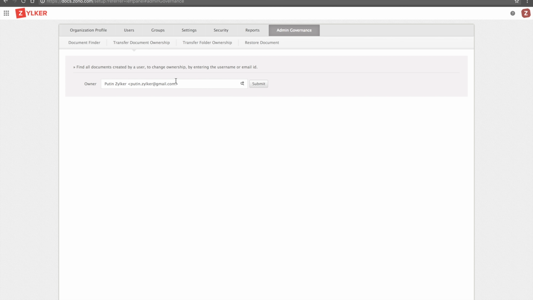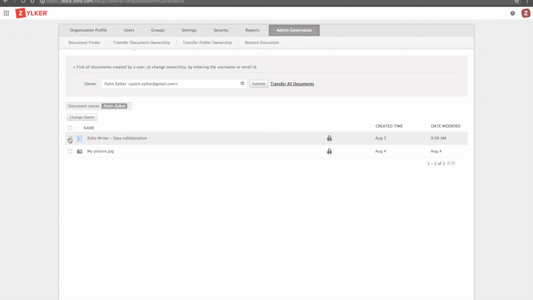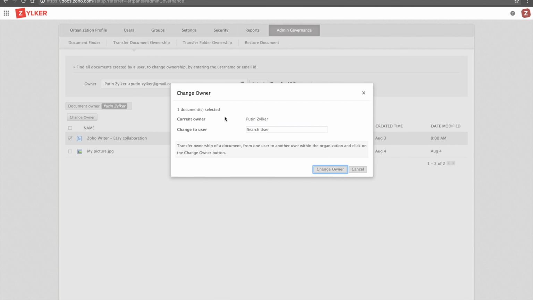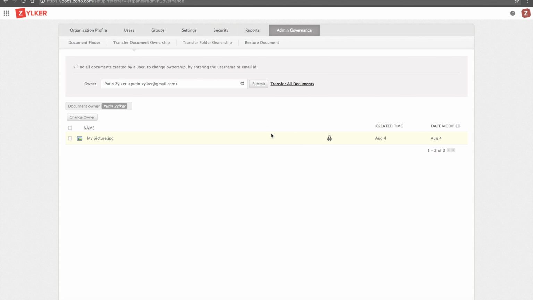Similar to the previous step, we just enter the email ID of a user, select a file that you want to change the ownership of, and click on the change owner option, and you can enter any other user's name you want to transfer the document to. Click on the change owner option. That's it. The ownership of this particular document has been transferred to another owner. Similarly, you can also transfer folders of that particular user.